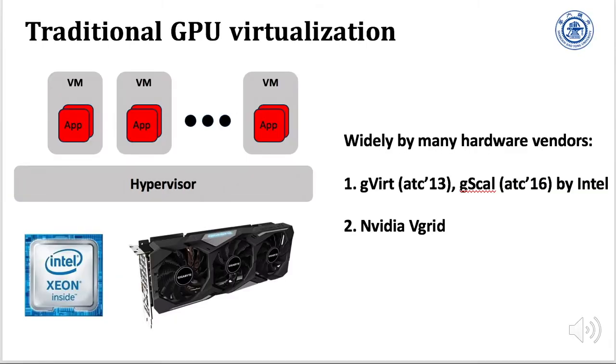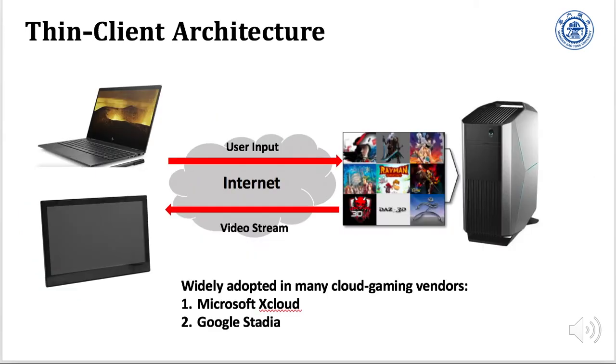The traditional GPU virtualization, taking a virtual machine as an isolation unit and sharing the same hardware resources among multiple VMs, is widely adopted by many hardware vendors, including Intel and NVIDIA vGRID. Thin client techniques, attributing all workloads to the server side, and taking the client side as a displayer only used to capture the user behaviors and present the results, are widely used in cloud gaming frameworks, including Google Stadia